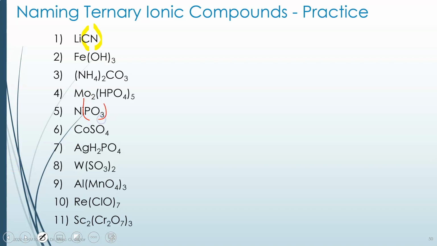So here you see a phosphite, a sulfate. Here's a dihydrogen phosphate. Be careful with that one. And now, every time you see a metal that's by itself, or a polyatomic by itself, just make sure you put 1 so you know how many of each you have. And now you're comparing 1 nickel with 1 phosphite, 1 cobalt with 1 phosphate, 1 silver with 1 dihydrogen phosphate, 1 tungsten with 2 sulfites, 1 aluminum with 3 permanganates, 1 rhenium with 7 hypochlorates, and then the rest of